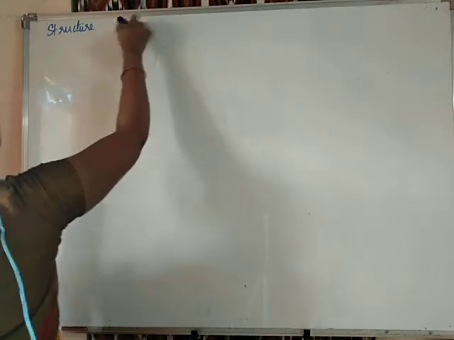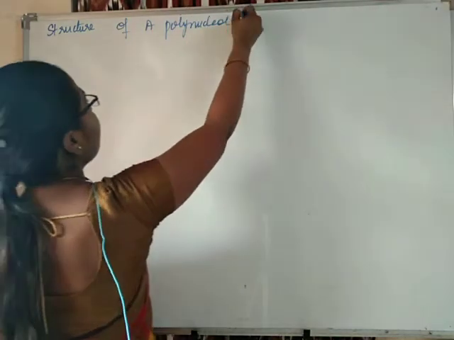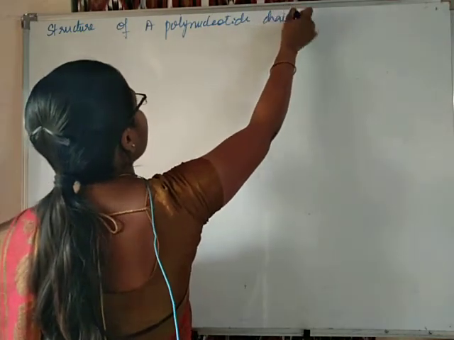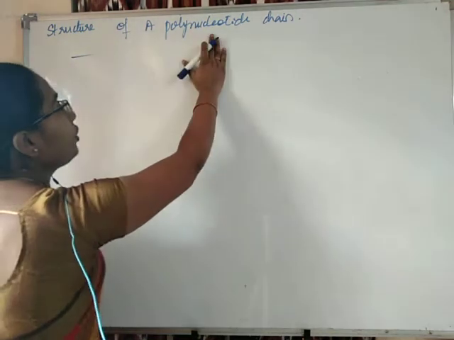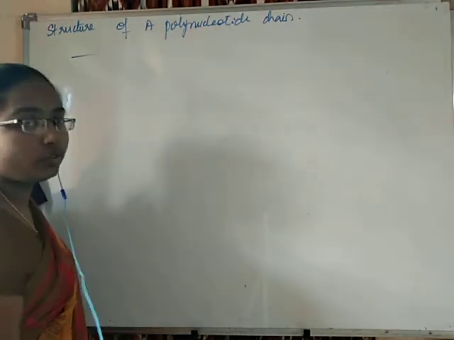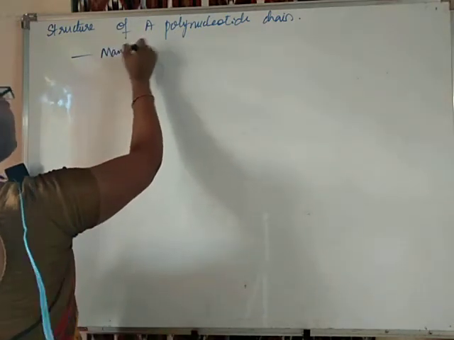We are going to learn now about the structure of a polynucleotide chain. A polynucleotide chain consists of many nucleotides,